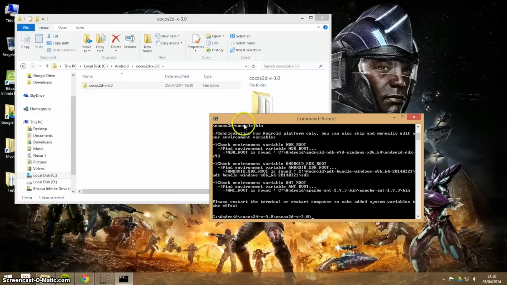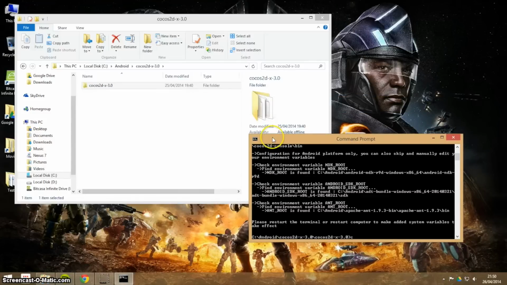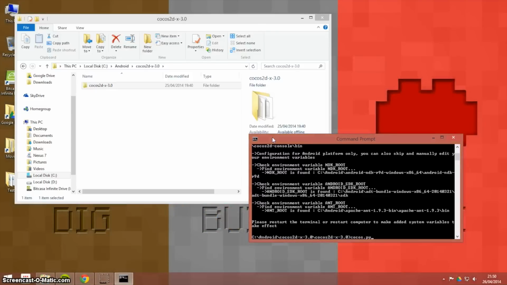And now what you need to do is generate a new project. To do that, you type in cocos.py. This is now an environment variable, so you can run it from wherever you want. Cocos.py, new, your project name. I'm going to put tutorial v3 cpp Windows, then -p for package. For package, I'm going to put